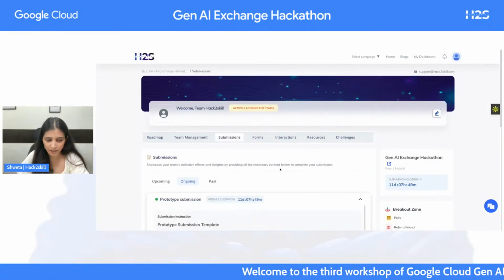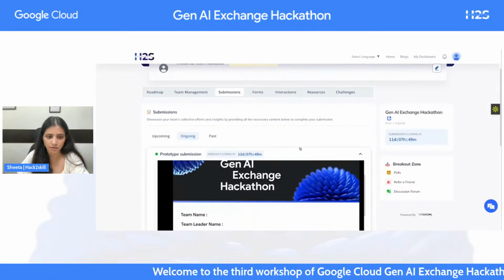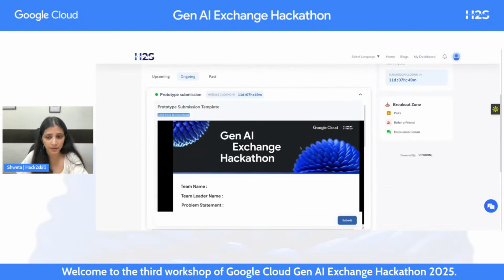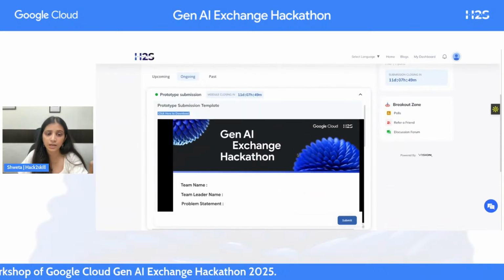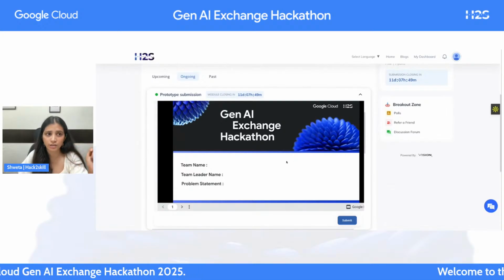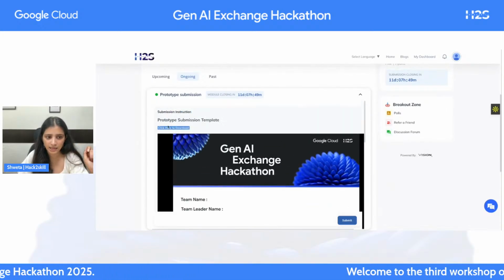Next, if I want to submit my solution, then I can submit here. Again, the exact template that you need to follow for creating the deck or the presentation for your prototype, you can download it from here. Make sure that you follow this template only. Just click here to download, and this will get downloaded. Then